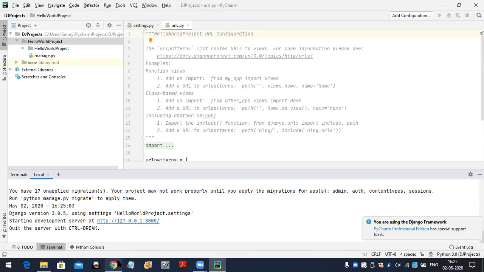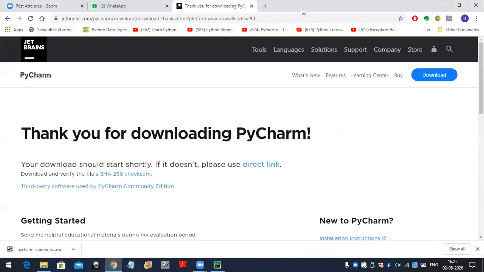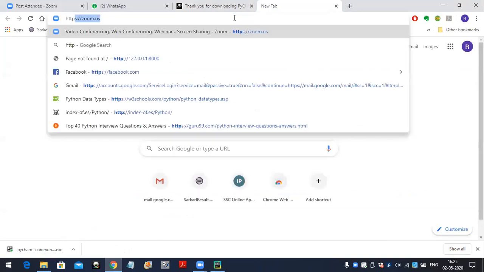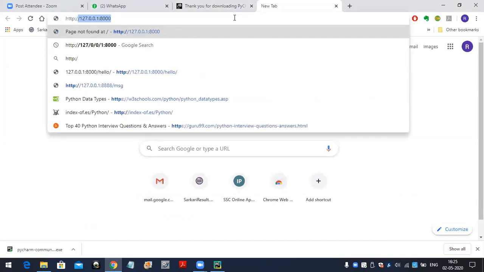Now go to the browser, open the browser. Here just type http://127.0.0.1:8000. Like this we have to give it.